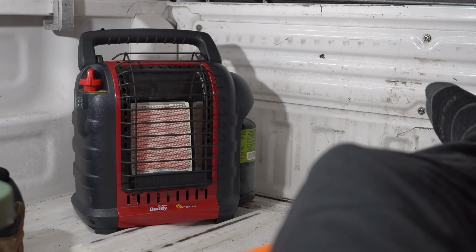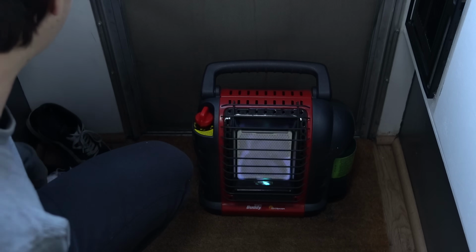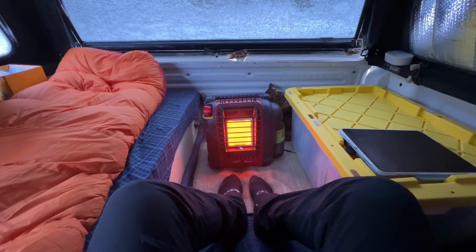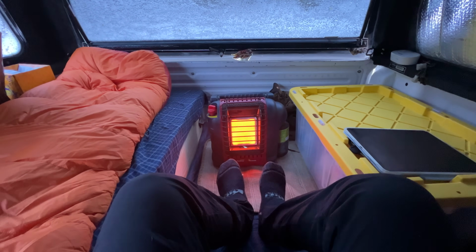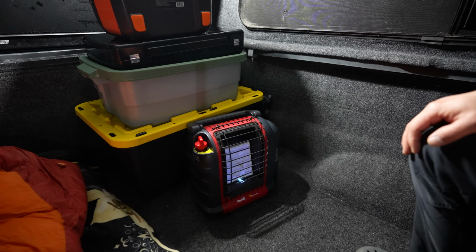Buddy heater. That seems to be the most popular portable propane heater among the outdoor community these days. I know I personally used one of these for years, and they're great. They put out a ton of heat. They're super easy to find propane for. They're relatively cheap. They're great options, but one of the major issues with those types of heaters is they produce